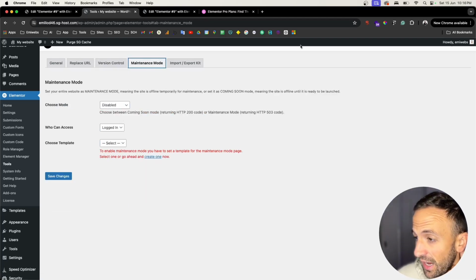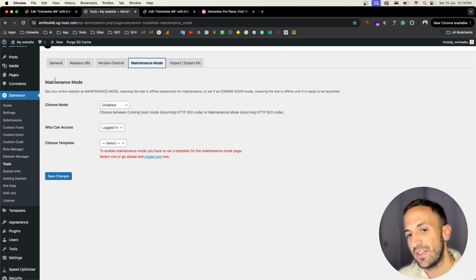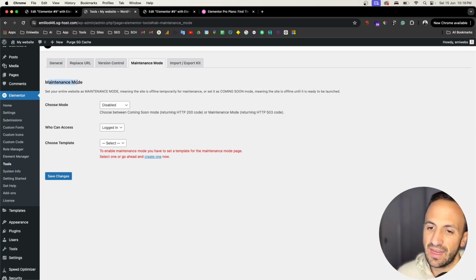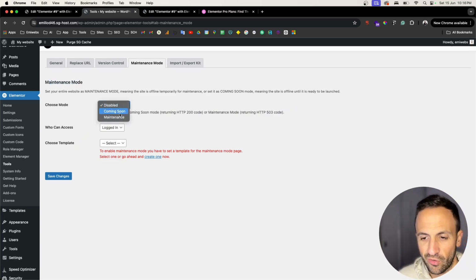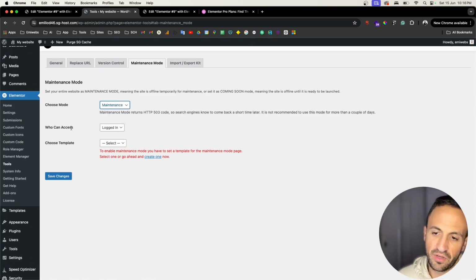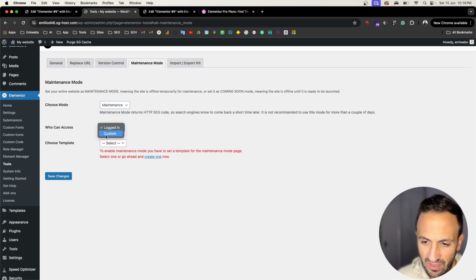So in here, I do have a video about the maintenance mode, so you don't have to use a plugin for it, because Elementor Pro has this function called maintenance mode, where you can choose your mode. You can choose coming soon or maintenance, and it allows you to display a page like this while the site is under maintenance or coming soon. Who can access: here you can assign who can access, in that case whoever is logged into the backend,